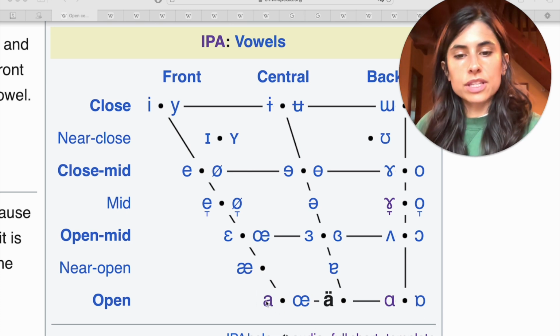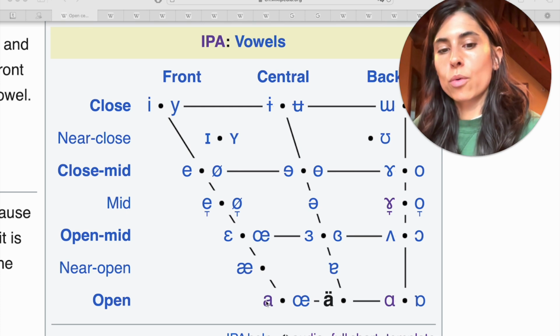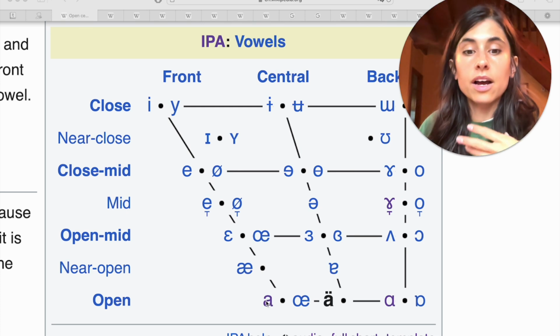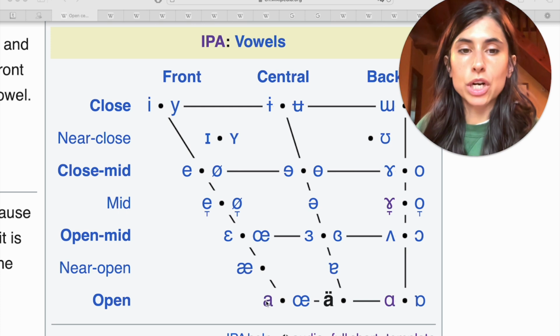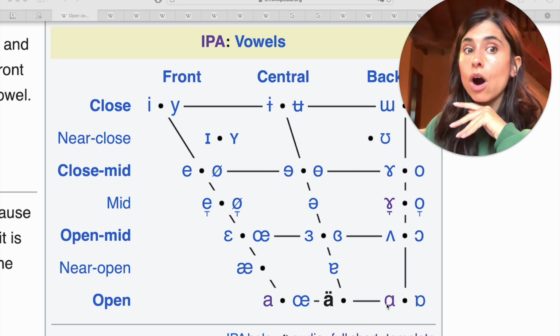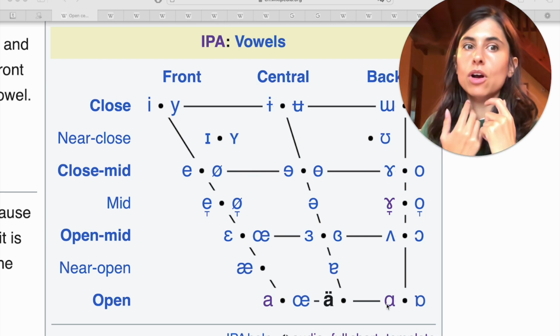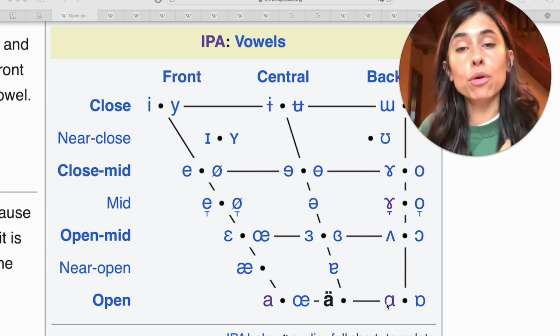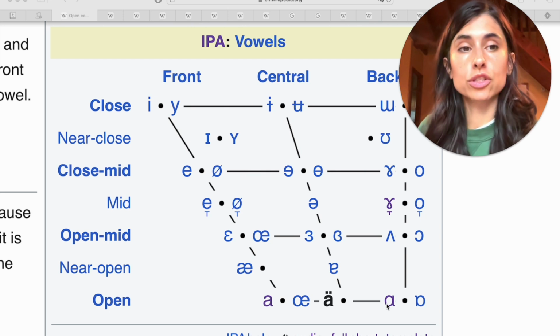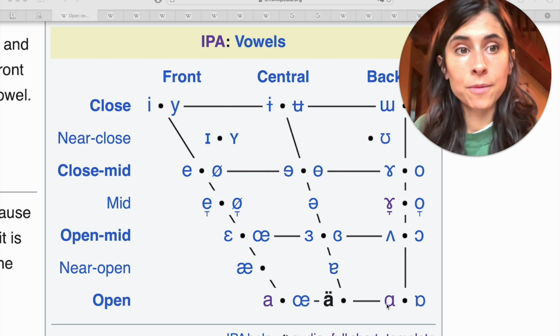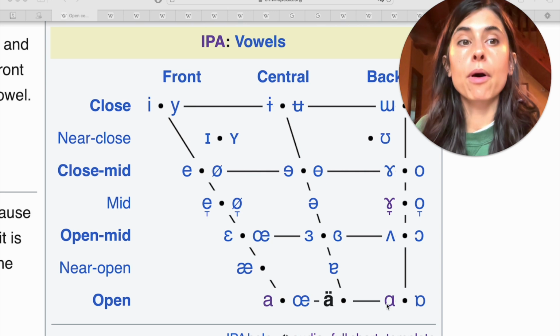Doesn't matter if you use this one a bit more forward or a bit more central. As you can see, there's barely any difference, as long as you don't go all the way back and round your lips when you say part. And careful when you say words that are similar to English, like parte. A lot of people say parte